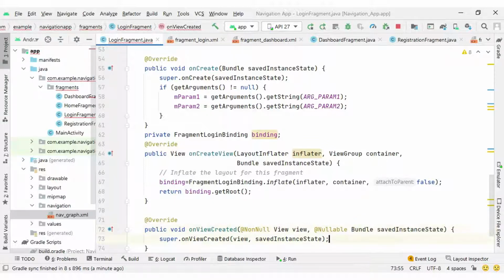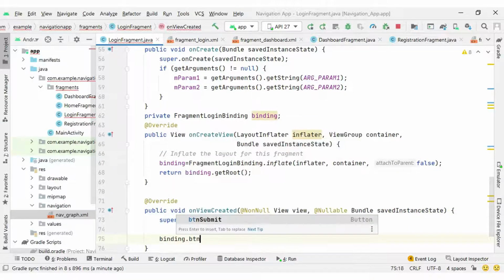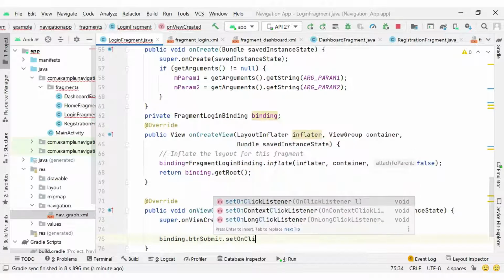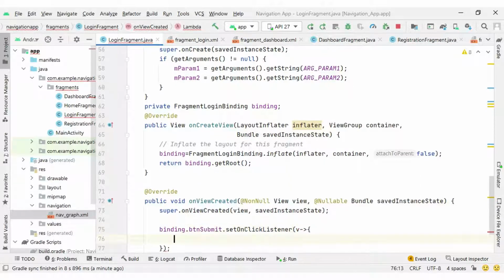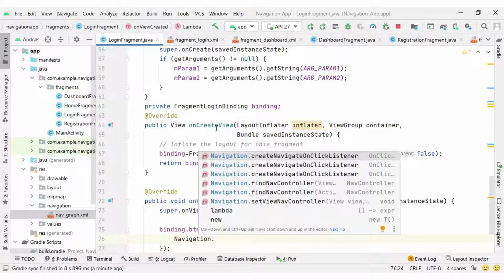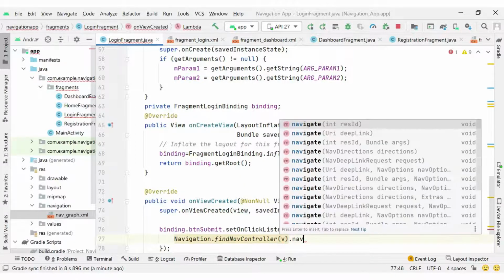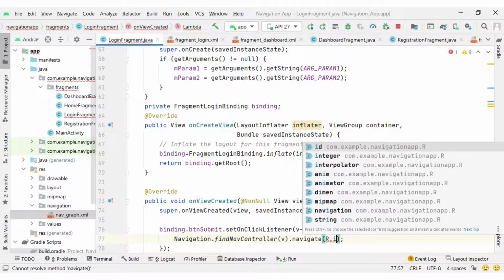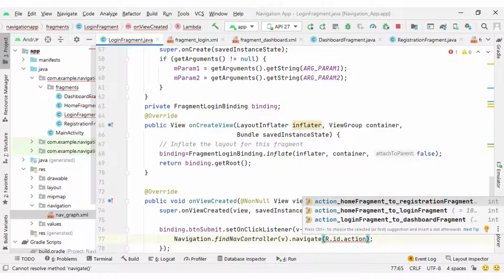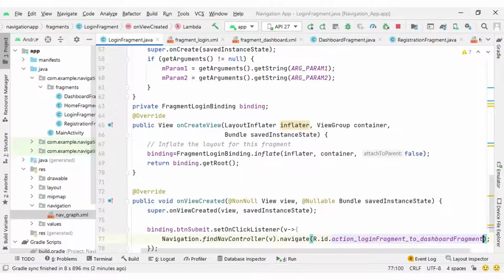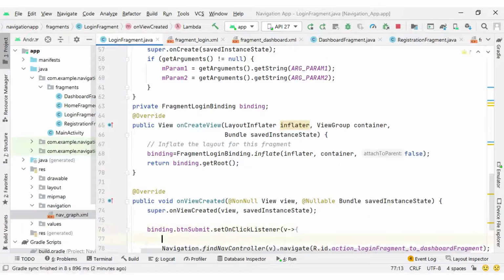So binding.buttonSubmit.setOnClickListener { v ->, and next we will write Navigation.findNavController(v).navigate(R.id.action_loginFragment_to_dashboardFragment). So it will redirect from the login fragment to the dashboard fragment.